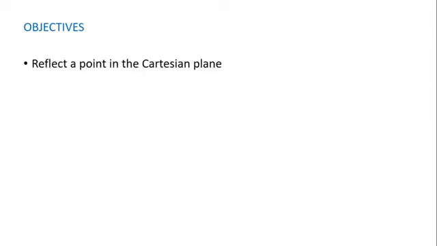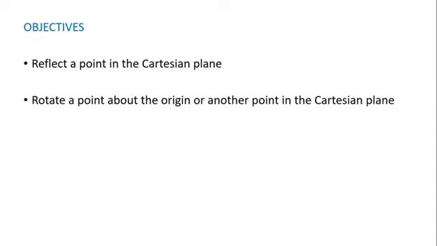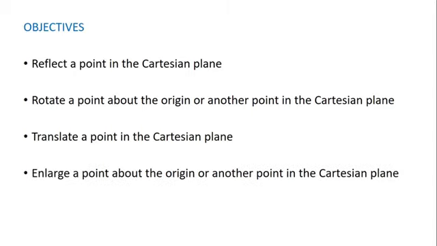We are beginning a new topic today, transformation and rigid motion. Here are the objectives that we look forward to achieving at the end of this topic. You should be able to reflect a point in the Cartesian plane. You should be able to rotate a point about the origin or another point in the Cartesian plane. You should be able to translate a point in the Cartesian plane. And finally, you should be able to enlarge a point about the origin or about another point in the Cartesian